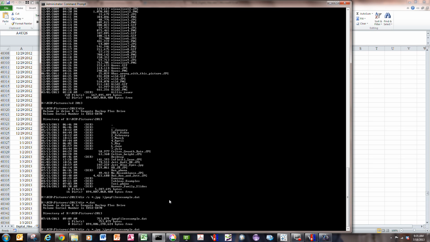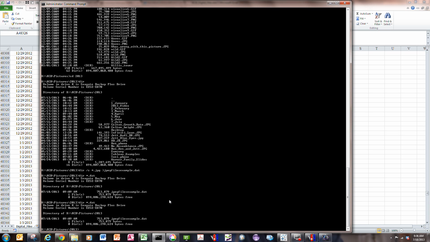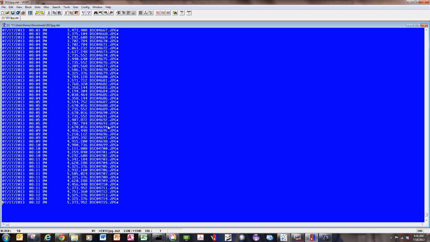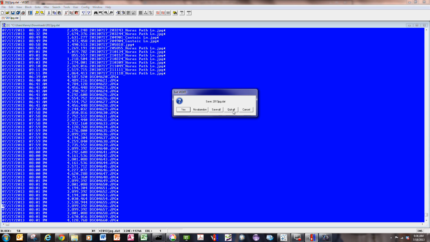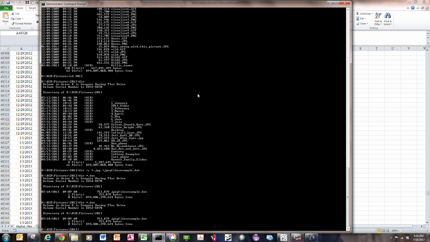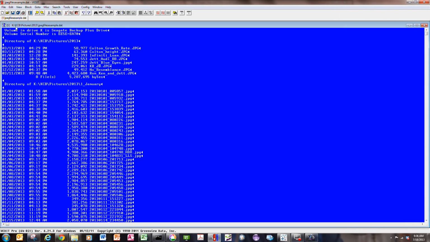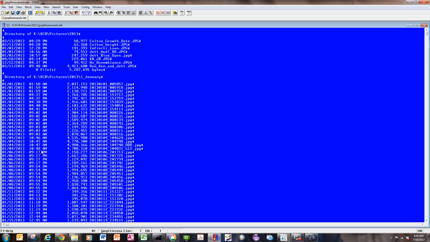And so if I do a directory of the files, you can see that the jpeg file example was created. And what does that look like? Basically, I'm going to open that file just to show you the techniques here. I had already processed this once, but I'm going to edit that data file. Here it is. And so we end up with a file that's sort of ugly, but it does contain all